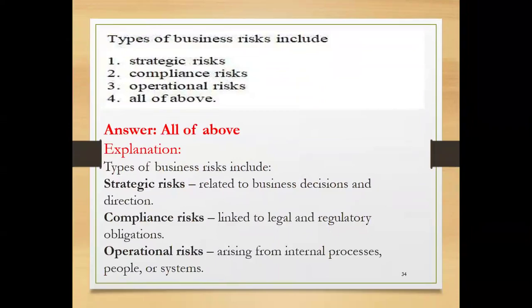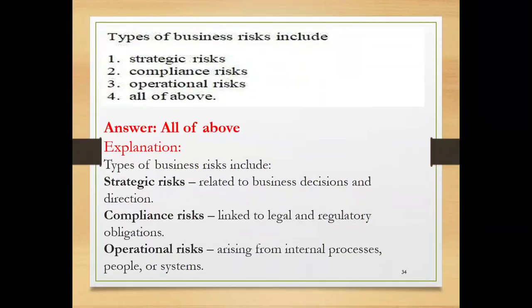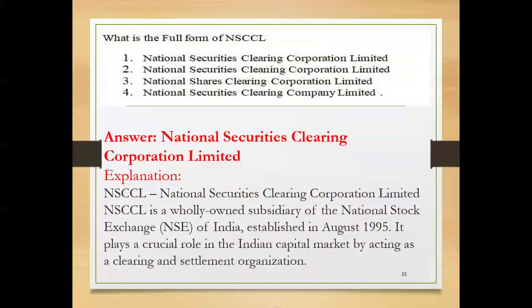Then, types of business risk include strategic risk, compliance risk, operational risk, all of the above. Yes, all of the above. Coming to the strategic risk, it relates to business decisions and directions. Compliance risk is linked to legal and regulatory obligations. Operational risk is related to internal processes, people, or systems. Then, what is the full form of